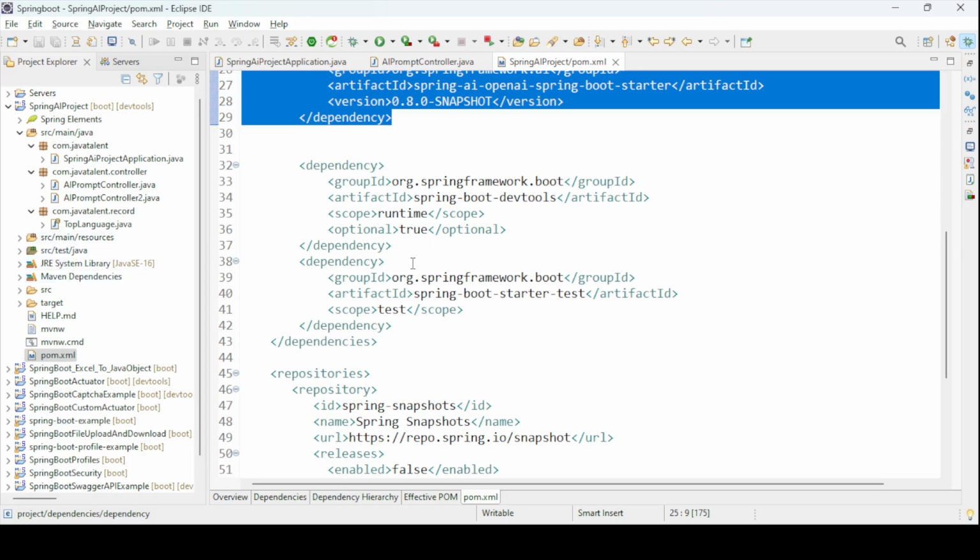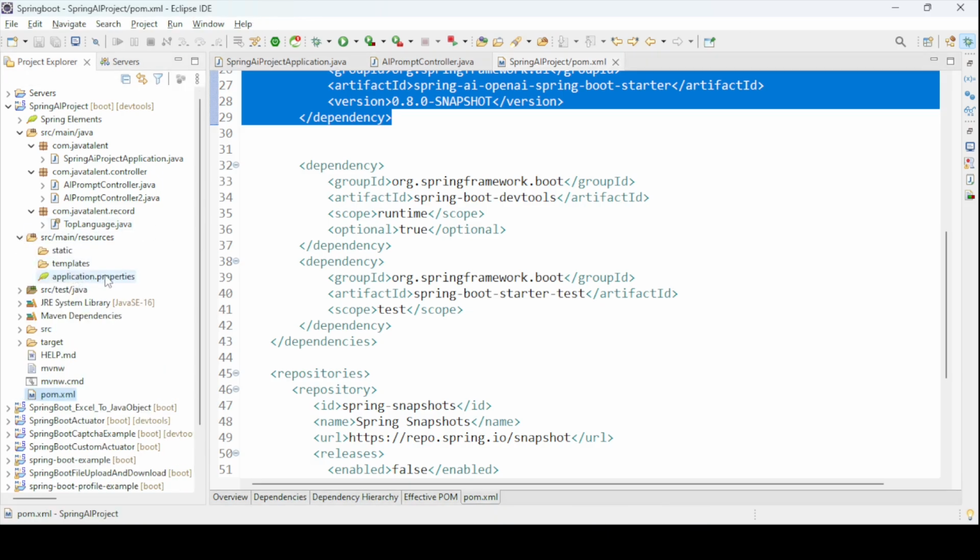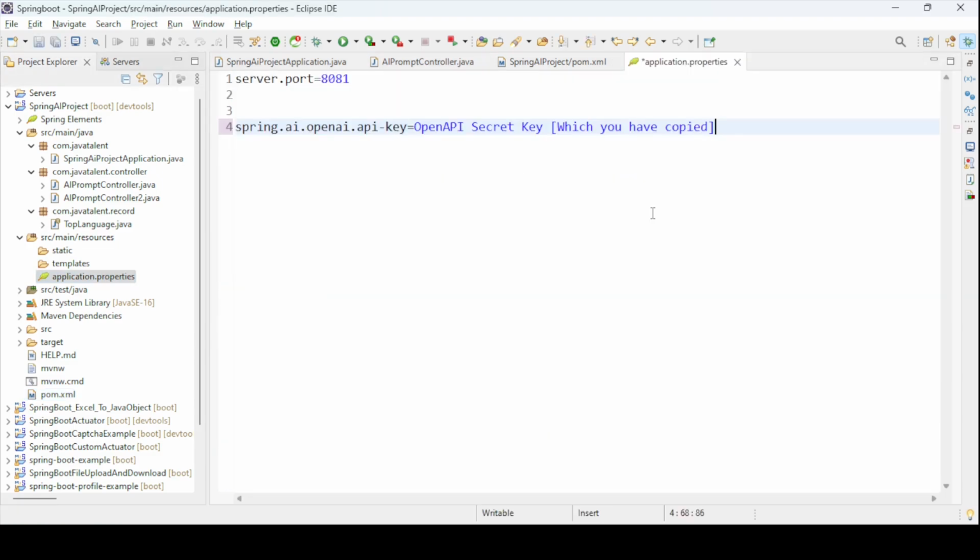Okay, so this dependency we need to add, and then, as I told you, the OpenAI secret key that you have generated, you need to add in your application.properties file. If you go to resources, you can find this application.properties file. For security reasons, I have not pasted here the value of my secret key. But if you have generated your secret key from OpenAI, you can just paste it here, and it will look something like this code. I have also added the server port because 8080 is being used by some other application on my laptop. You can use any server port, or if you don't, it will by default open on